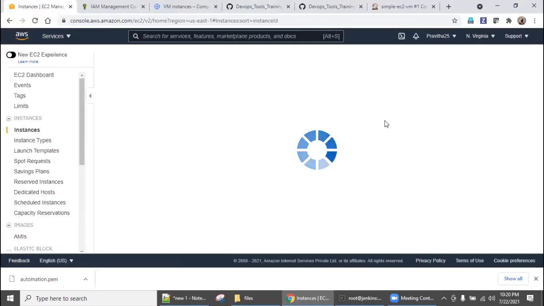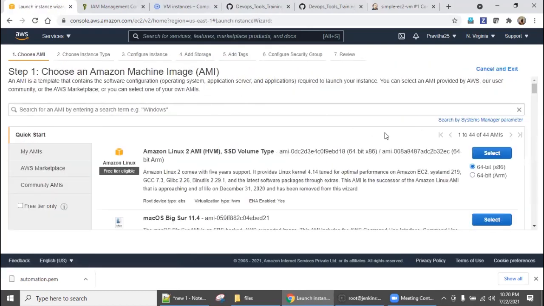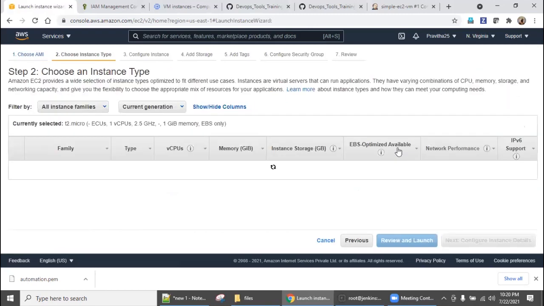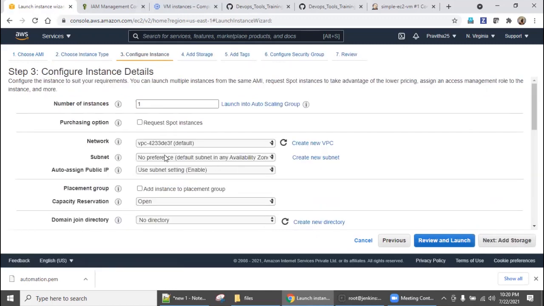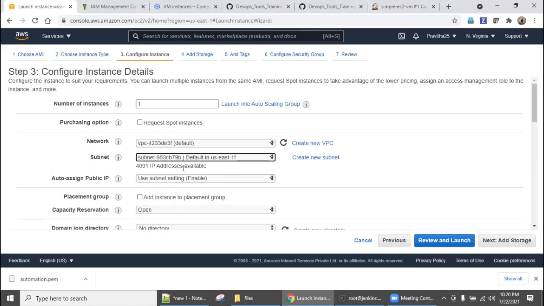So go here. Either you go to VPC or from here you can identify. Come down, you can select anything. We are not going to launch, I'm just going to show you the subnet ID. Say next. So this subnet ID, even the VPC also you can specify. Right now there is only one VPC, but if you have different VPCs, you can specify. So which subnet? You can say this subnet